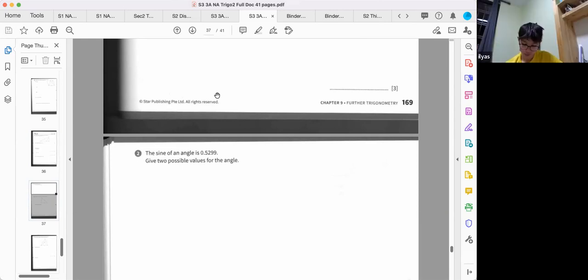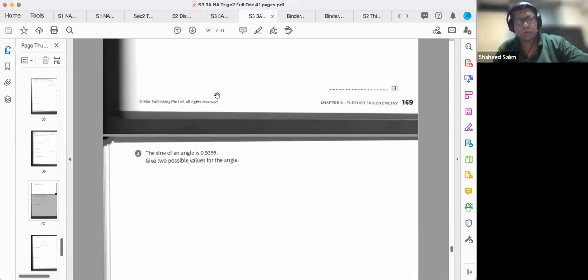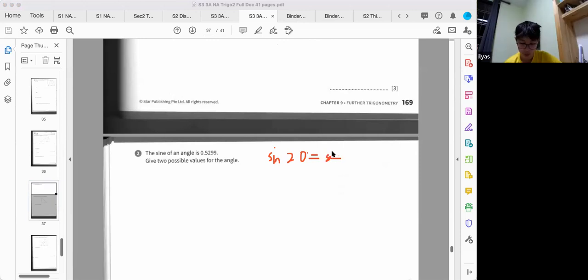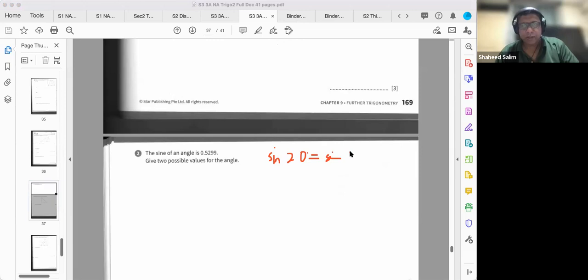Wait. 0.009. No. Don't worry. Try again. 32 is one of them. Remember the sine rule? Sine, you forgot. Okay, remember that? I just showed you this one. Sine 20 is the same as sine what? They must add up to 180. So take 180 minus 20, 160. So now you got sine 32. This is the same as